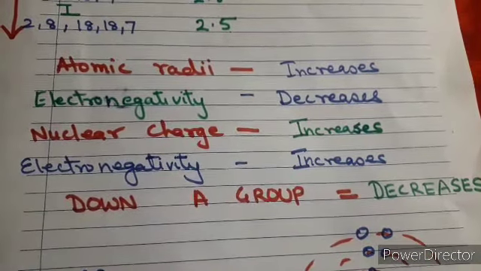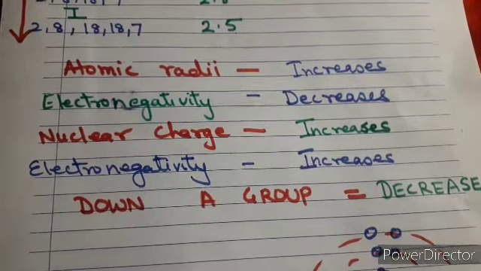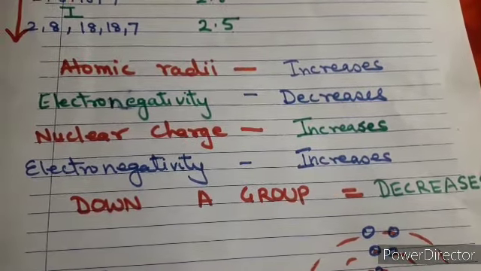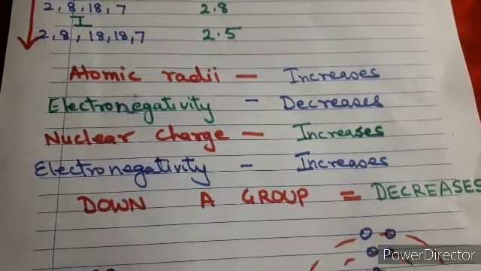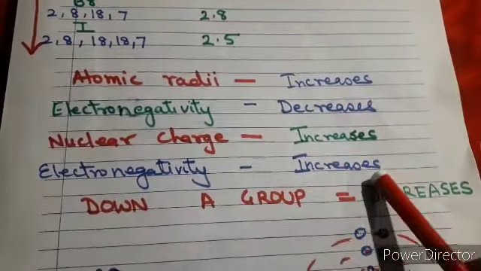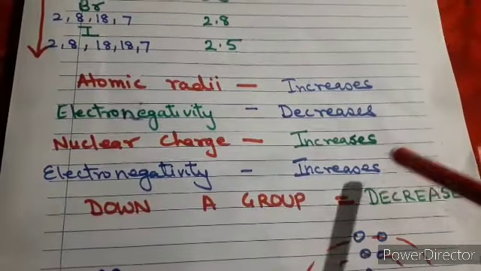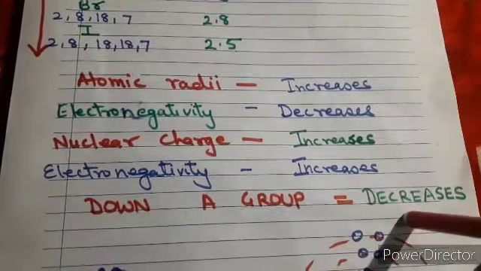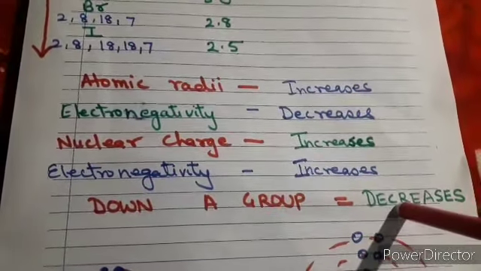We have seen two things: as atomic size increases, electronegativity decreases, which we have discussed in detail. Then when nuclear charge increases, electronegativity also increases. Now the point arises, we have two answers, one is decrease and the other is increase. Once again I am repeating, we have already discussed this in the period, where it is increasing, so we will not write increase over here. Why it is coming as decrease over here, that we have to focus on.